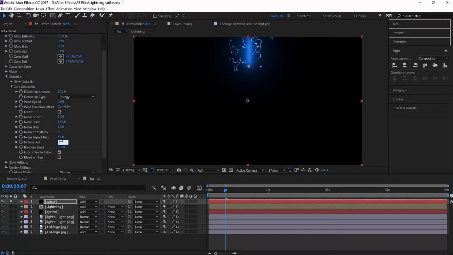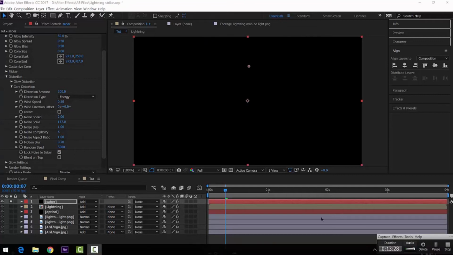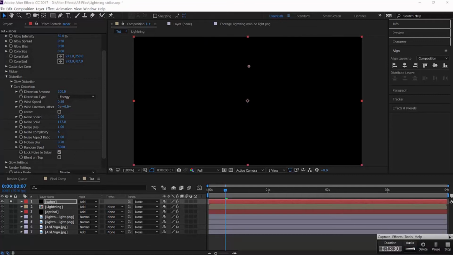motion blur 0.7, so it's slightly like that. Okay, I'm going to bring core size down to 0. I'm sorry for what's happening in the background. Yeah, there's some noise. So anyway, now that we have core size at 0, I'm going to keep alt clicked and click on